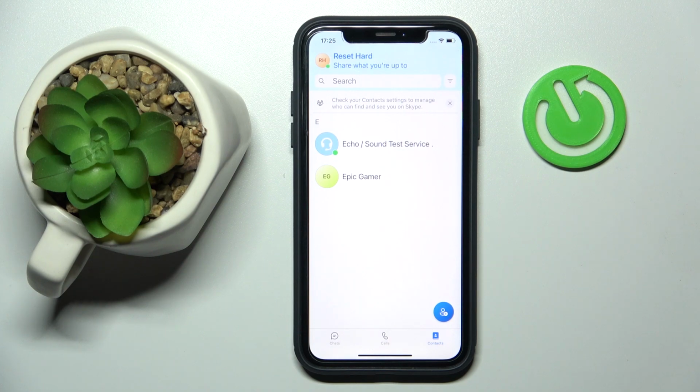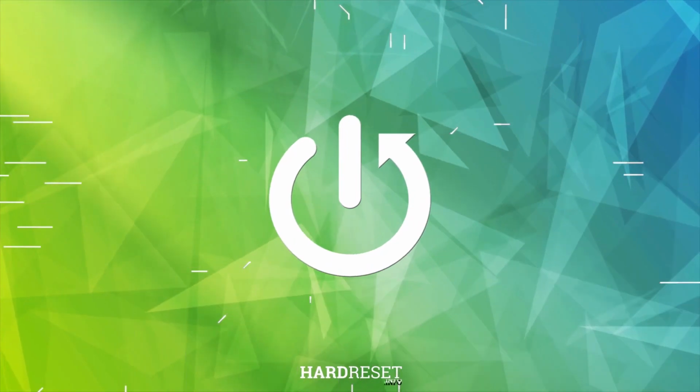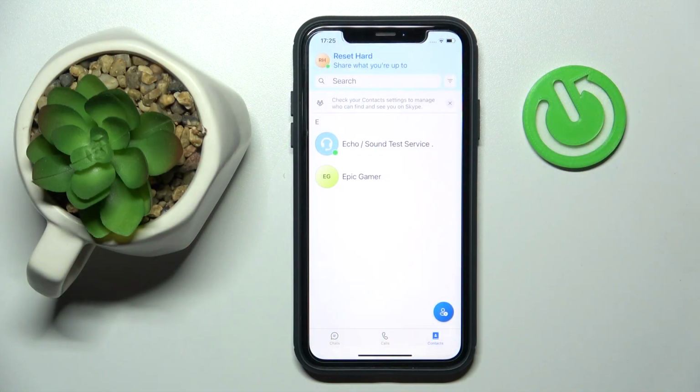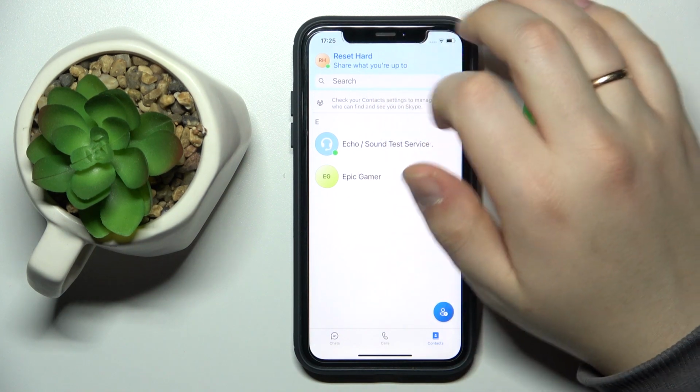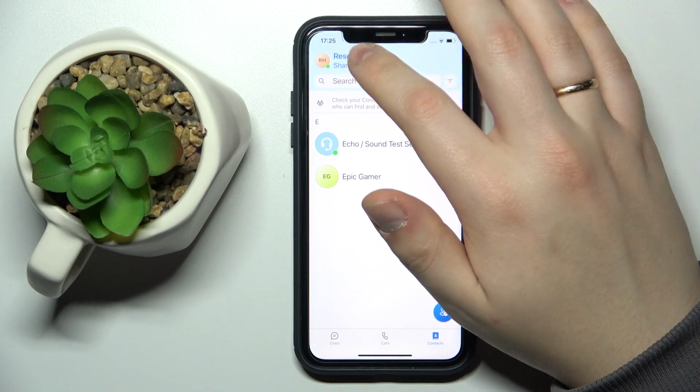I would like to demonstrate that you can log out from Skype on an iPad. So in front of me I have the iPhone, as you could have already noticed, not iPad, but the procedure is pretty much the same. You just tap on your avatar or profile at the top left corner of the screen,